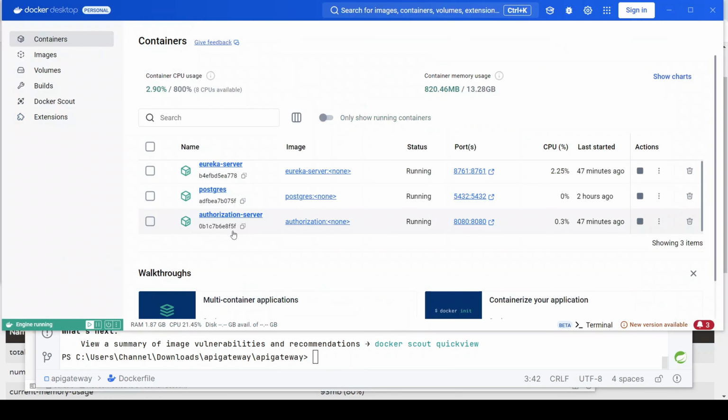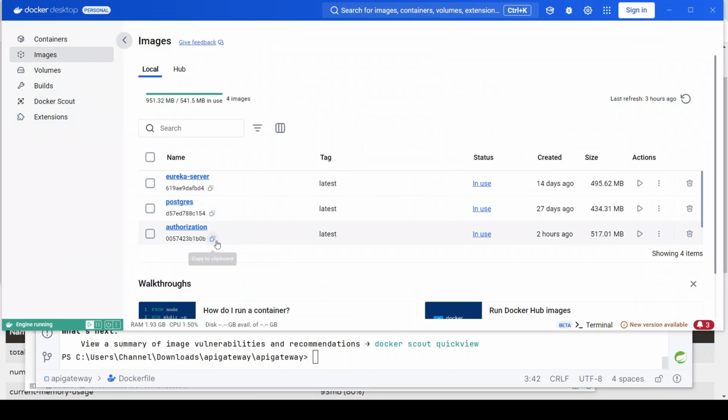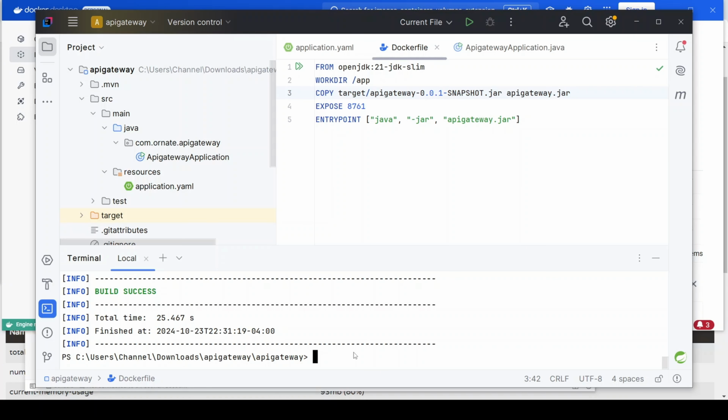All right. So let's go into the images. Is it there? Yeah, it's there. So to run this, we just do docker run --name api-gateway,